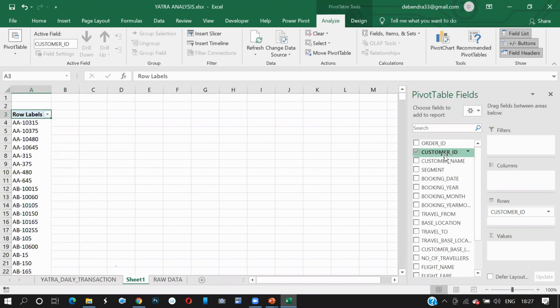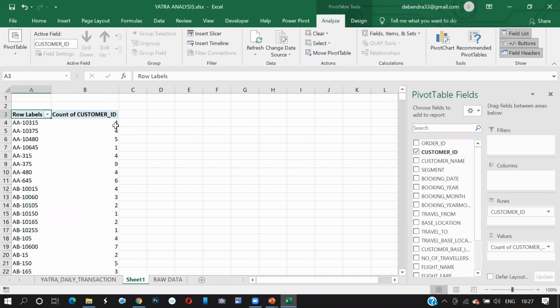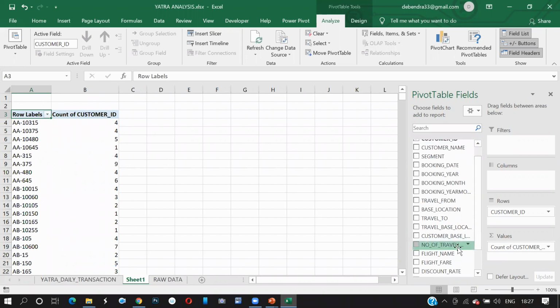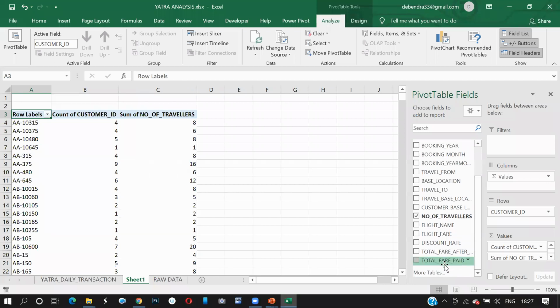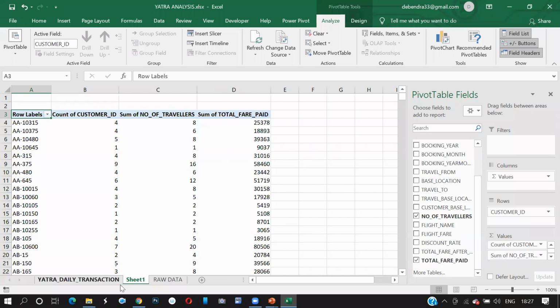So I take customer ID and the count of customers, the number of times they have traveled, and I want to check the total fare paid by the customer. I took this. I rename this as summarized data. So I did a summarization within the data.